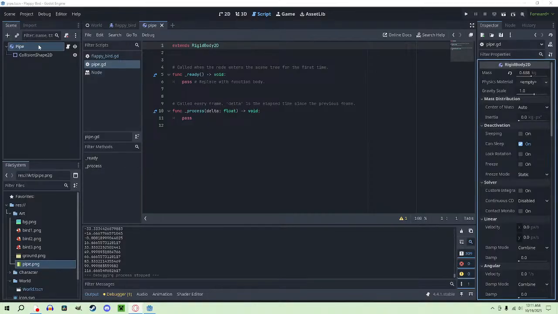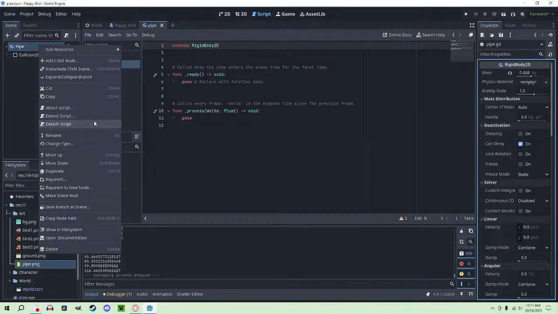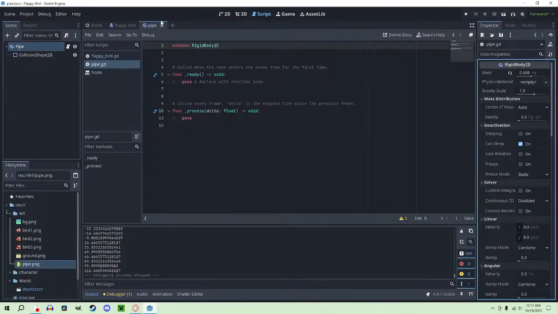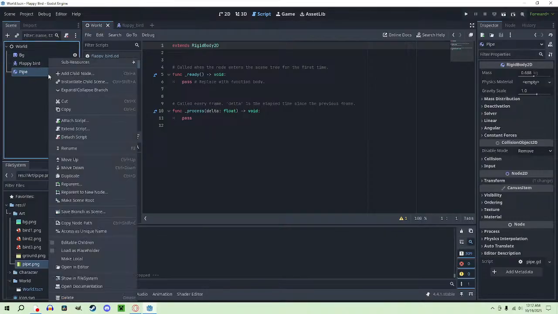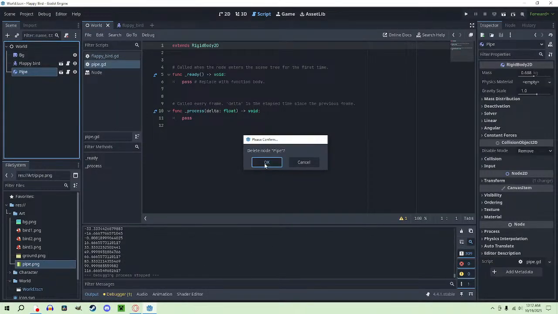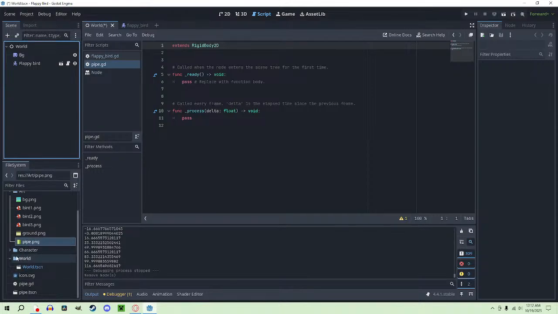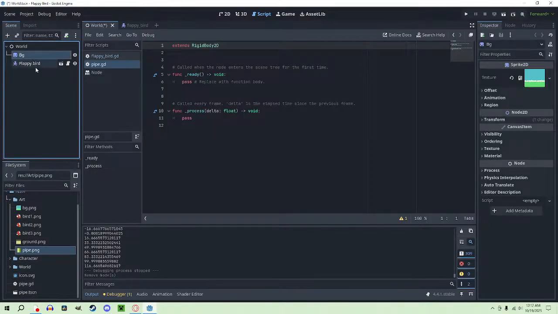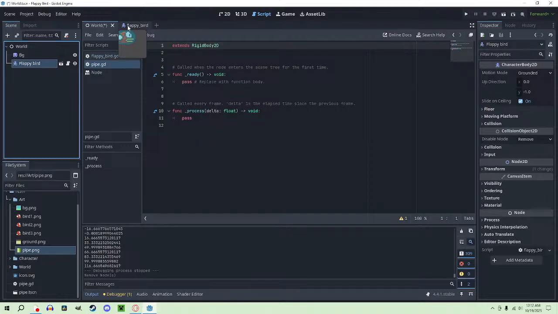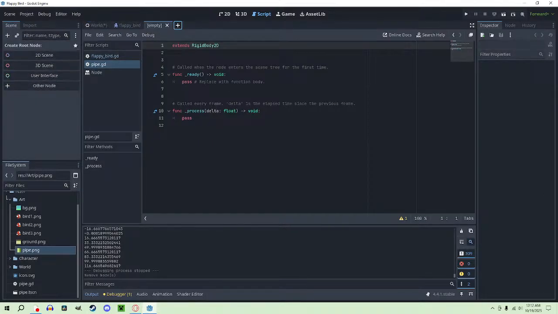Interesting, very interesting. Okay, so I'm gonna change this back. I'm actually just gonna flat out delete that because I don't need it anymore. So what I'm gonna do is delete this. So it should not be there anymore. Yeah. And that's fine. What I need to do is, instead of doing the pipes first, I want to